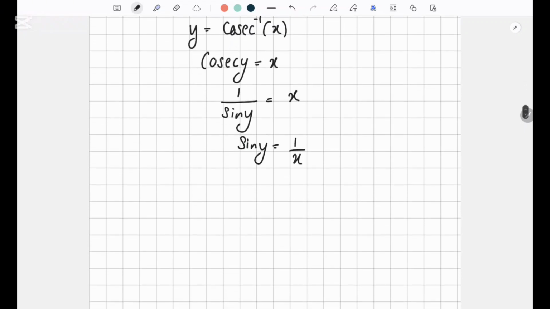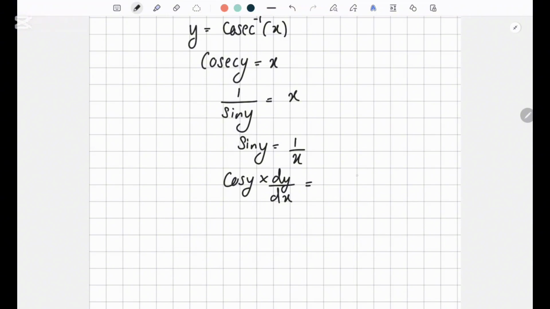Let's differentiate it now. So what's the differentiation of sine y? It's cos y, right? So when you differentiate sine y, you have to differentiate sine and the term you have inside, right? So what's the differentiation of y in terms of x? It's dy over dx. So the differentiation of sine y is cos y into dy over dx equals the differentiation